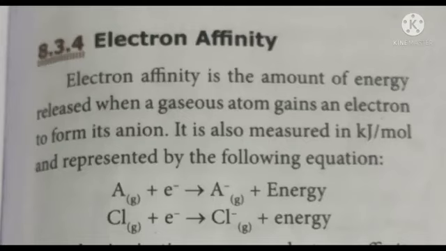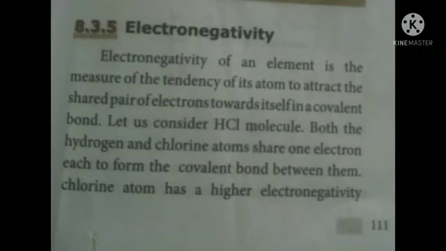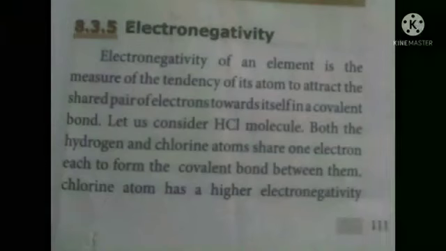Underline that for one word. Electronegativity: we know that in a covalent bond the sharing of electrons will occur. When the bond cleaves, both atoms will claim the electrons to become an octet structure, both need the electrons. So the one with high electronegativity attracts the electrons towards itself, so it becomes negatively charged and the opposite one becomes positively charged. So it is called electronegativity. The tendency of an atom to attract the paired electrons towards itself is called as what? Electronegativity.